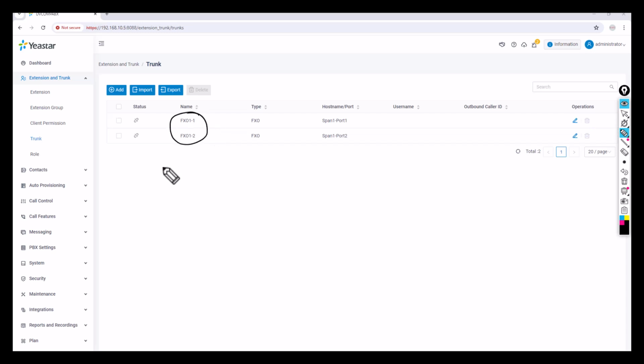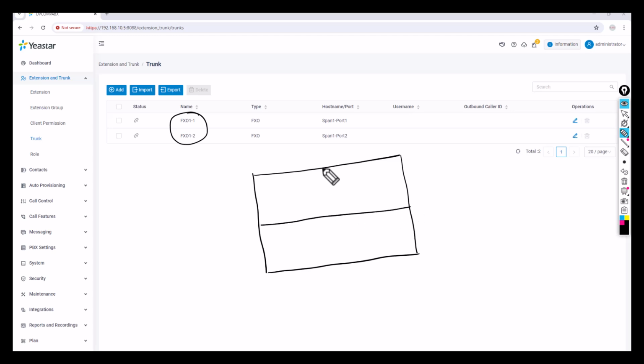So that means this is a P550 PABX. This P550 PABX, as I told you initially, has 4 slots inside. Once you open this box, there are 4 slots. This is slot number 1, slot number 2, slot number 3, slot number 4, right?